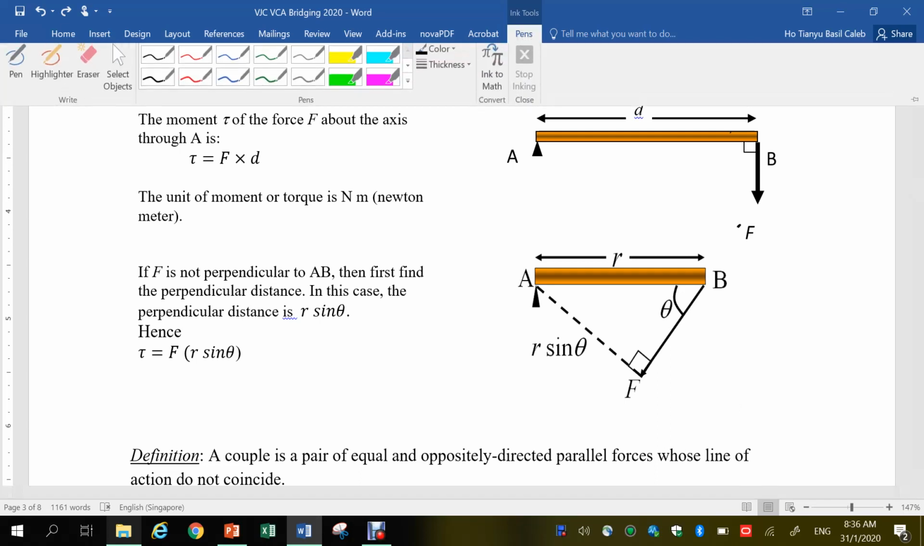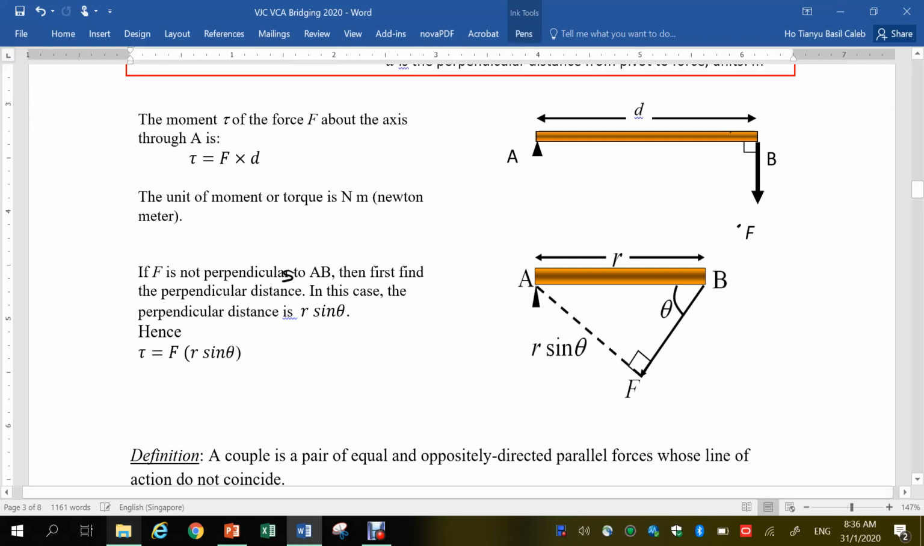In case you are not sure how we got that, well, sine theta, it's the perpendicular distance,